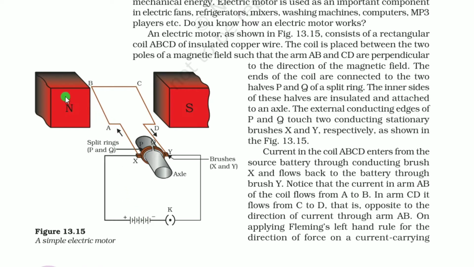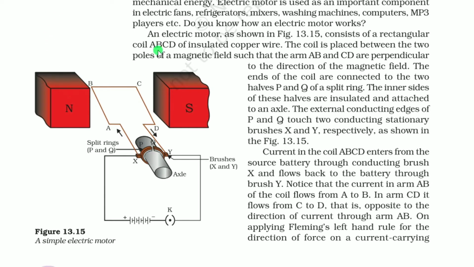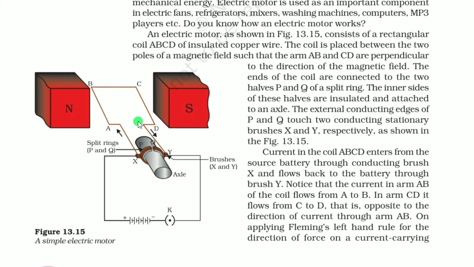And you can see here one permanent magnet. These N and S are the two poles of the magnet. Magnetic monopoles do not exist, but here it looks like we have taken monopoles. Actually, this is not a monopole. If you take one horseshoe magnet, the two ends are one N and one S. We have placed the wire ABCD, which is called the armature, the frame ABCD, inside the magnetic field, between the north pole and south pole.